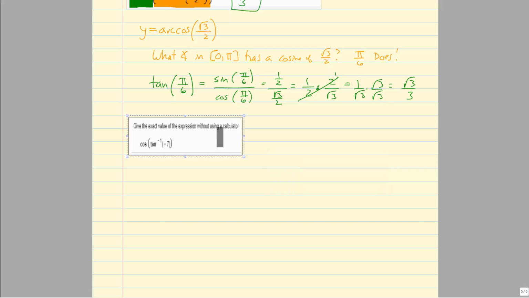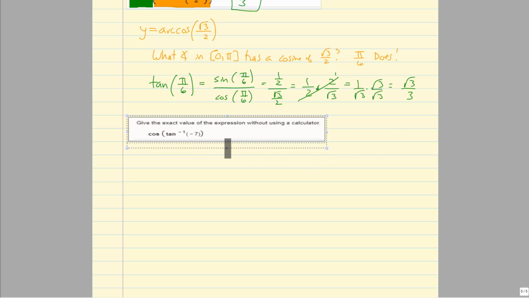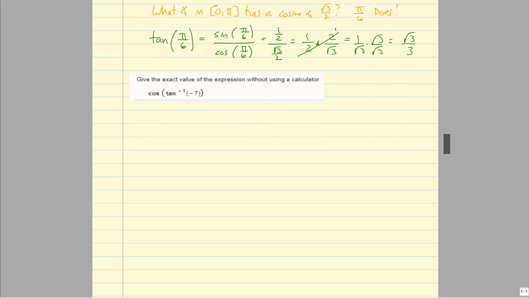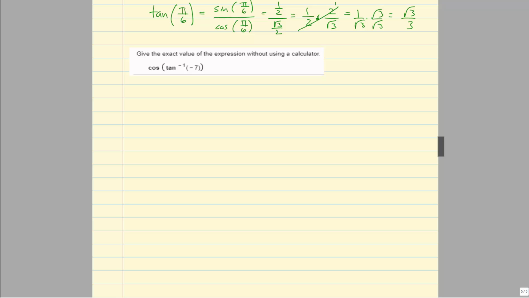Okay, this one's interesting. I have no idea what angle has a tangent of -7. It's not a standard one that I'm aware of. So how would we work a problem like this? Again, same as last time, we're going to start on the inside, so we're going to start here, and then we'll work on the outside. So that would be the second step. So starting on the inside, this would be y equals inverse tangent of -7. This means what angle